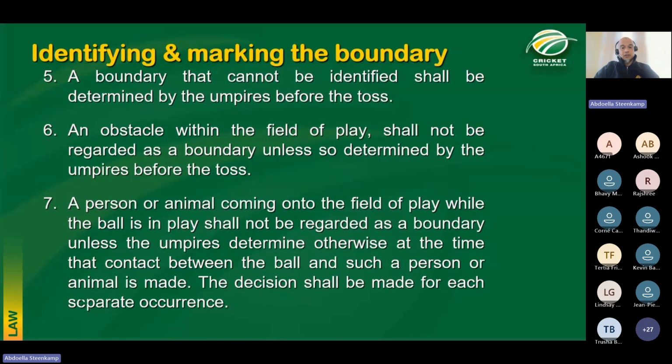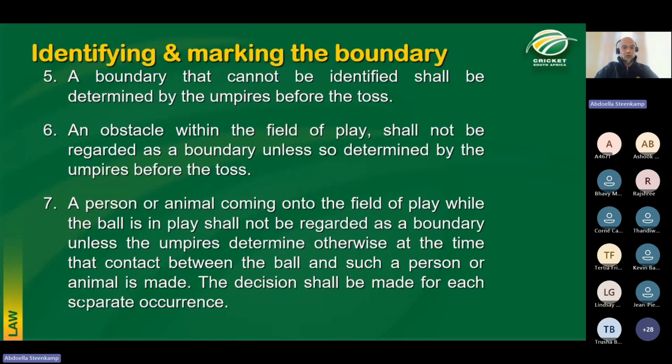A person or animal coming onto the field of play while the ball is still in play, the law tells us, like let's say the ball gets hit to the boundary and a dog runs onto the field and then touches the ball. This shall not be regarded as a boundary, but there is a but, and that but is unless the umpires decide that if it was not for the intervention by the dog or a person that came onto the field, the ball would have gone over the boundary,